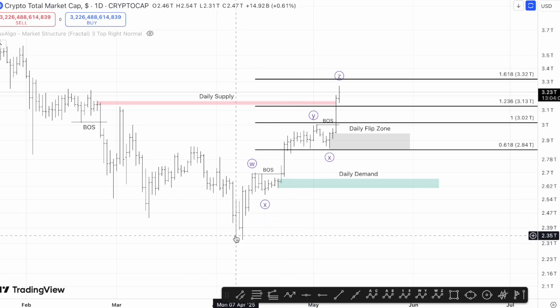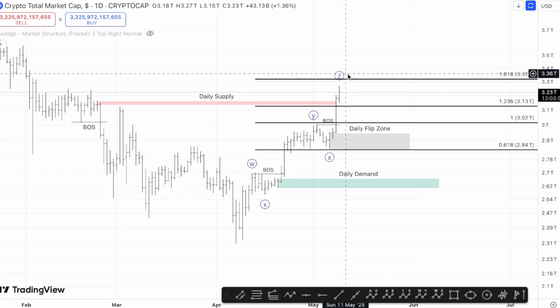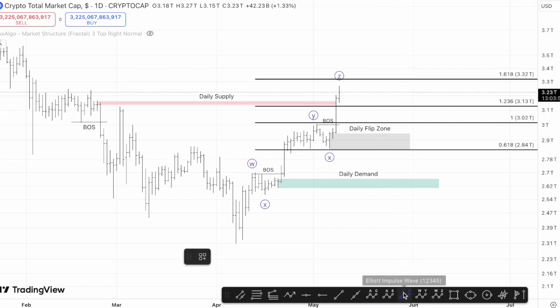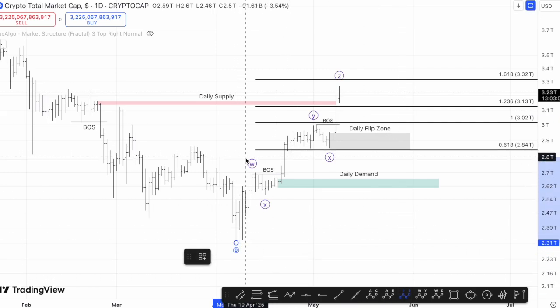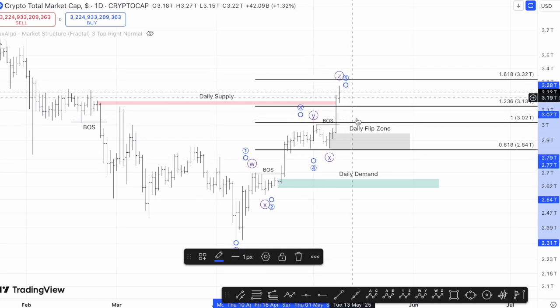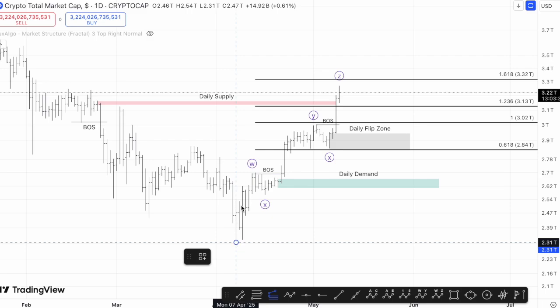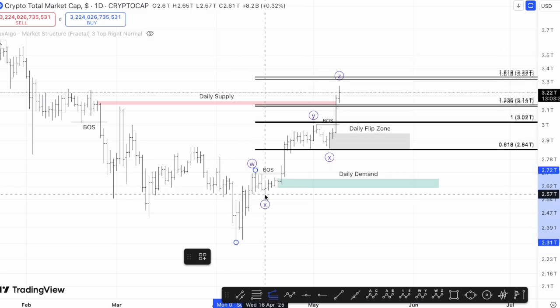As you can see, I have labeled this as a complex WXYXZ. And if you are a fan of Elliott wave analysis, you could see some people labeling this as 1, 2, 3, 4, 5, something like that. But here's why this doesn't really sit well with me: